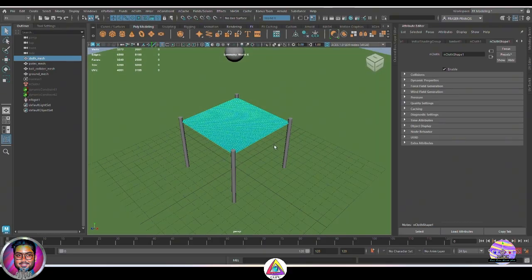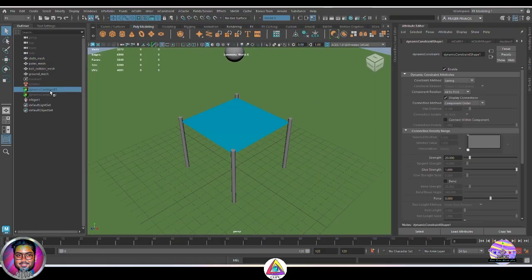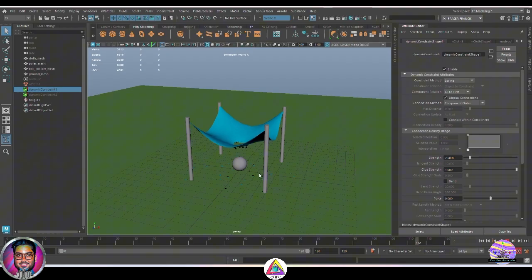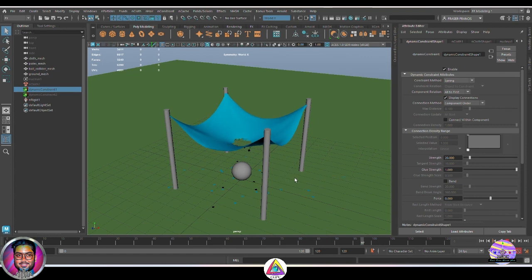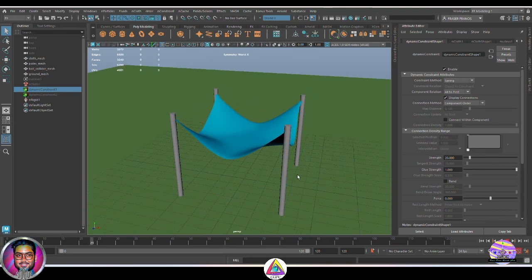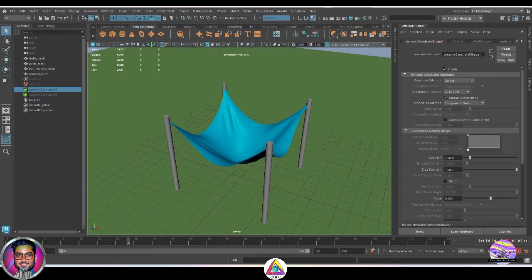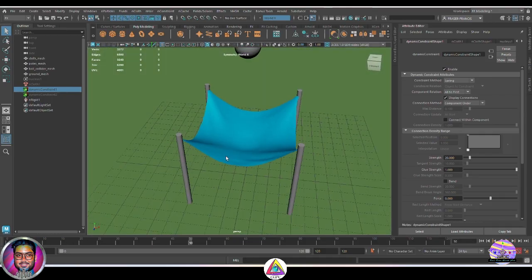So let's see. So basically, if you select the dynamic constraint 1 from the outliner, or you can go to the attribute editor and select the dynamic constraint shape 1 node. Okay. So if you select this node, and let's first play once more and see what's going on over here. So this is how it behaves currently under gravity and under the effect of the interaction with the ball as it tears. Okay. And how elasticity plays its role in its bounce and stretchiness. So if you come over here to the attribute editor under the dynamic constraint shape 1. Okay. So basically the shape 1 node, if I just stop it for now playing,